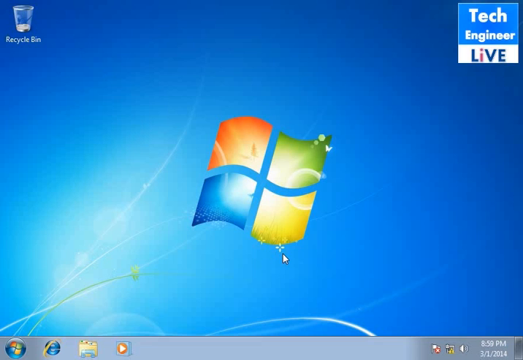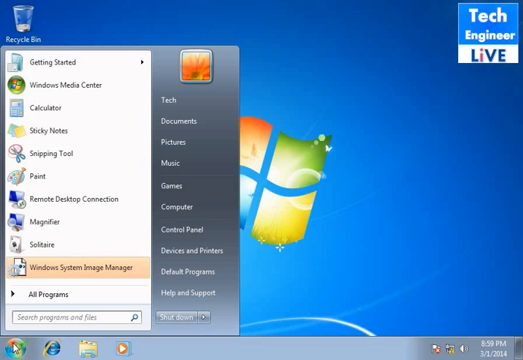Hello there. In this tutorial I'm going to show about DISM. DISM is the Deployment Image Servicing and Management Tool. With DISM we will be able to upgrade the drivers, update the software, and also enable or disable the